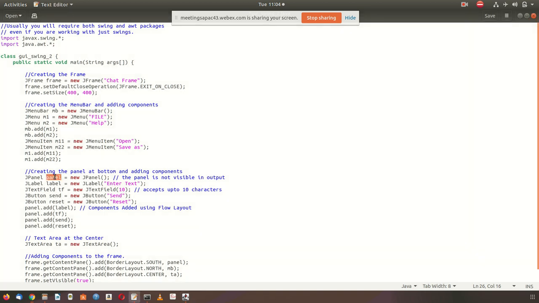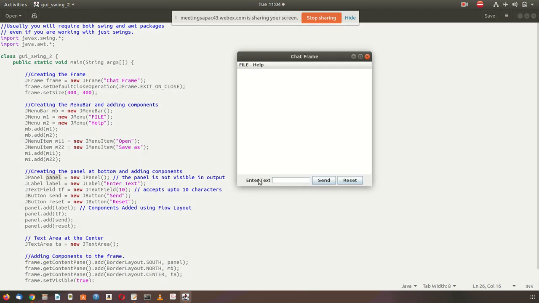The name of the panel is given. Then there is a label, enter text. A label means some text displayed on the screen, like printf. After that, text field means where you can type. Here you can type, this is called text field.